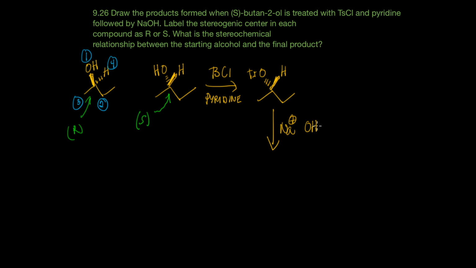So when this is treated with sodium hydroxide, we need to think about what's going on here. The tosylate is a good leaving group, and the hydroxide is going to act as a nucleophile and displace that leaving group. This is an SN2 reaction, and the reaction happens by inversion of configuration. So what we want to do here is draw the OH as a wedge and draw the hydrogen as a dash. All right, in this step the stereogenic center is inverted, and we've made R-2-